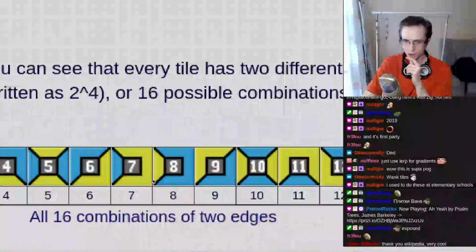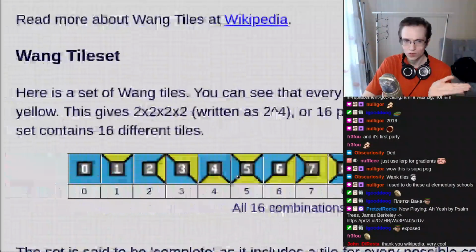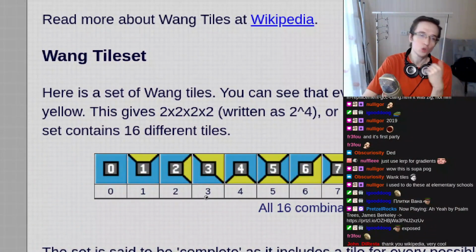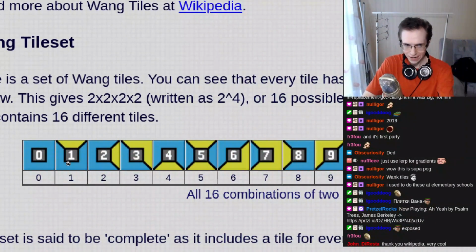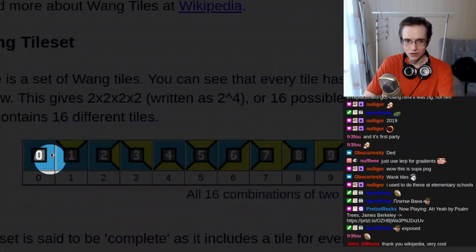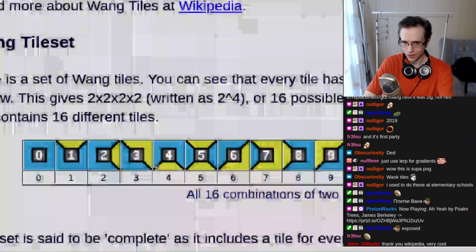You can actually make it more complicated. You can add more colors. You can, instead of sides, use corners, but the idea is going to be pretty much the same, right? So, how can you place the tiles? You can only place the tiles with the corresponding sides matching, with the color, right?